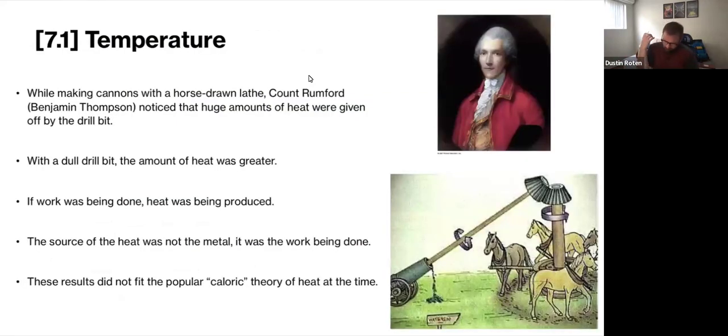The place to start with this is with Count Rumford. He was actually born in, I believe, Massachusetts. He was born in America around the time of the American Revolution, and then he defected to England. Yeah, he was American born, but spent most of his life in the UK and Germany, I believe. But he was very bright, had a lot of side projects, and he's sort of the father of